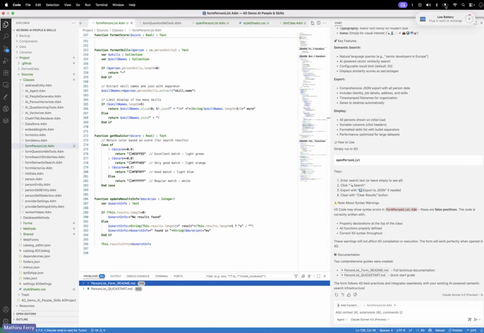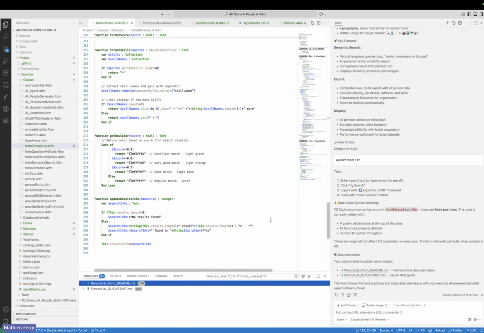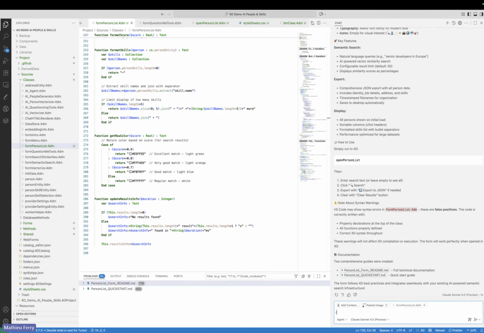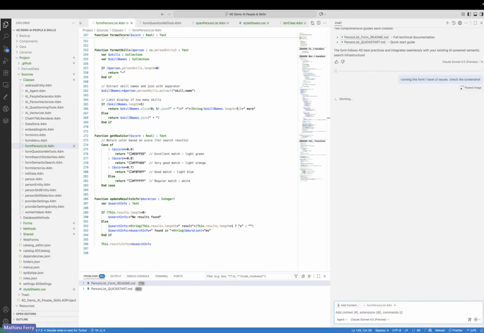Okay. And here I can add the context, the image from clipboard, and I can tell it, okay, running the form, I have UI issues. Check the screenshot. Okay, so here, what would be nice from it would be to automatically check and see it is listing the problems from the screenshot. Text visibility problems, layout issues, color contrast. So it will fix